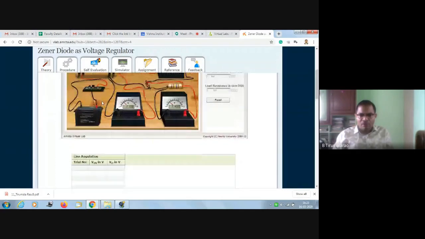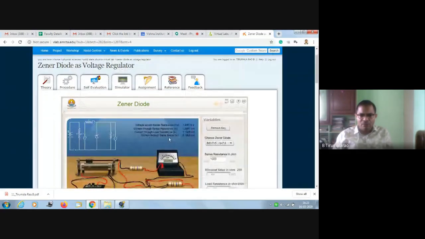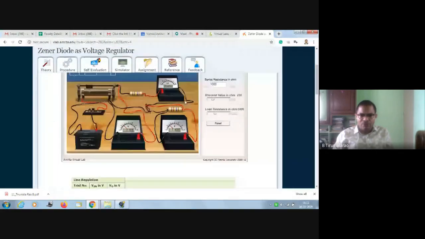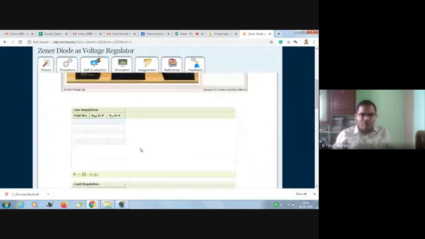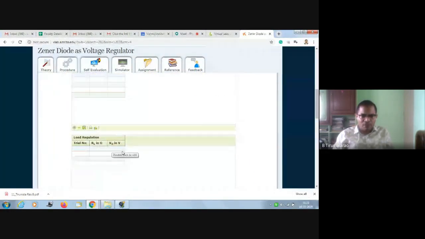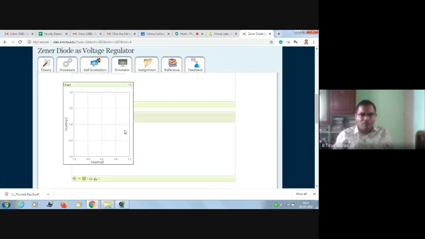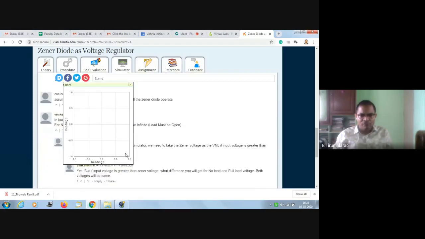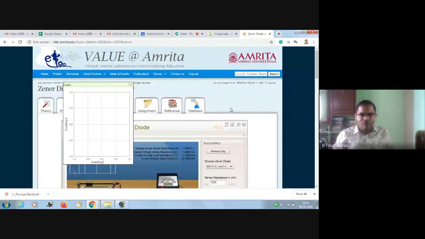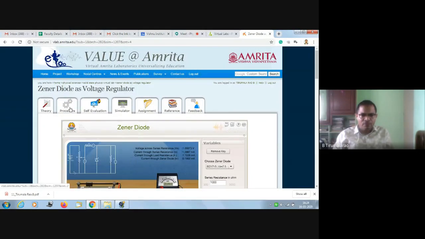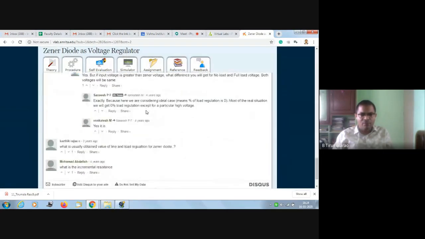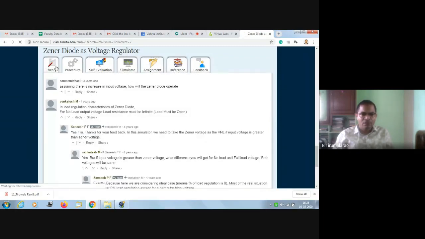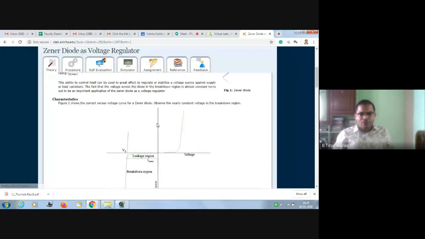You can find them. So you note down these values, right? Then you go through the graph. After you substitute all these values, you can have the graph. Here is the graph. So you can draw the graph, right? Finally, you get the graph like this. In the procedure, the graph is also available here, in the theory. So this is the graph.